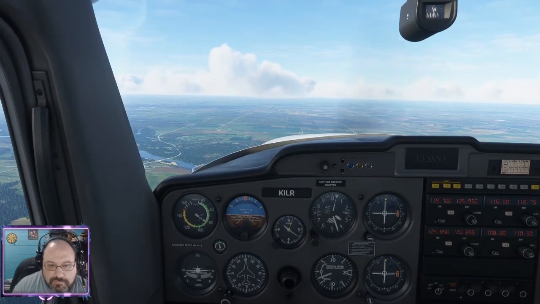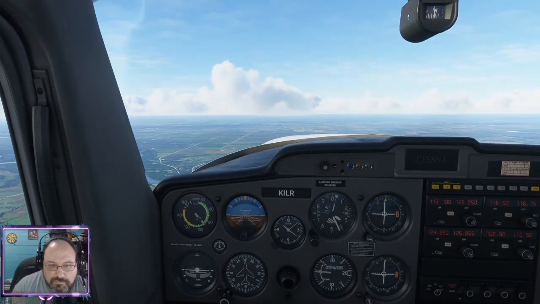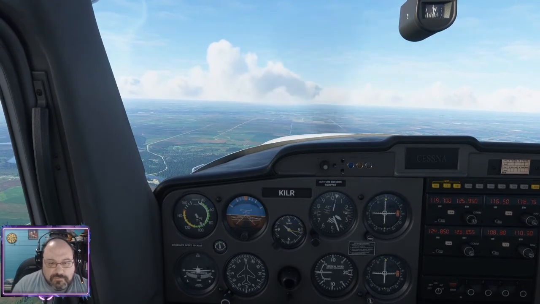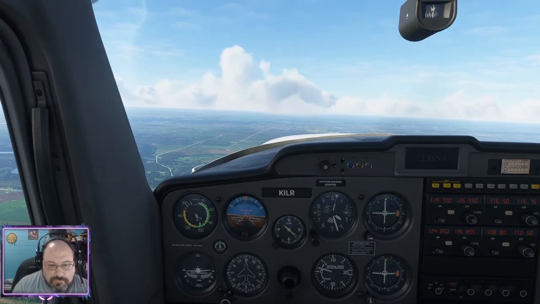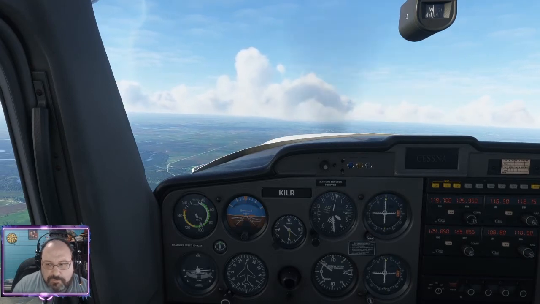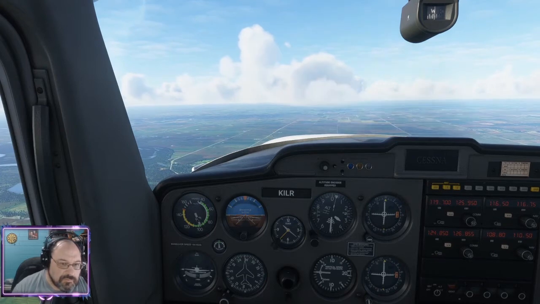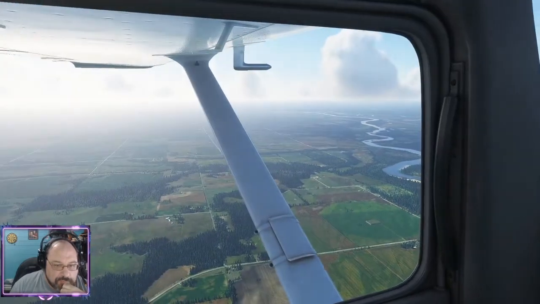American 442, traffic 11 o'clock, 10 miles northbound is a Boeing 737 at 9,000. 442. And try to speed us up here. That's a little better there. Now we're going a little faster. At least we're not turning out of control like before, so